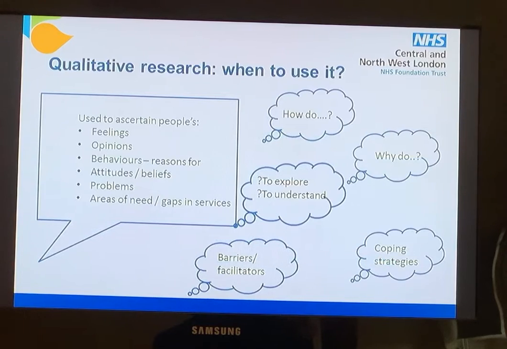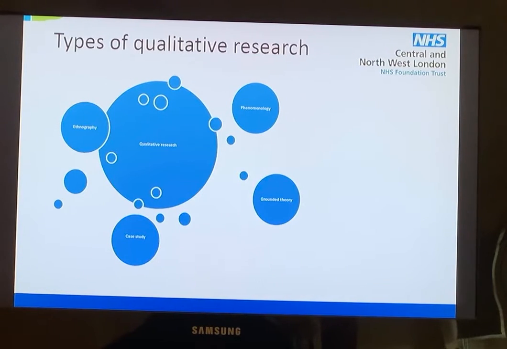If we move on to qualitative research, it is usually used to ascertain feelings, opinions, behaviors, subject changes, or service changes. For managers, qualitative research can be important as a cheaper, cost-effective way of examining barriers, facilitators, and how best to improve a service. Some of the underlying frameworks, as a generalization, of qualitative research include grounded theory, underpinning a lot of qualitative research,